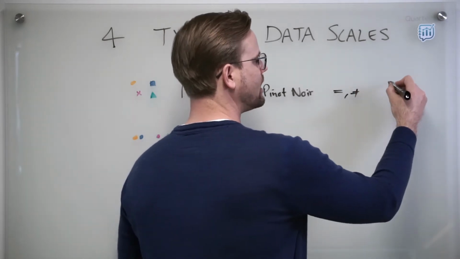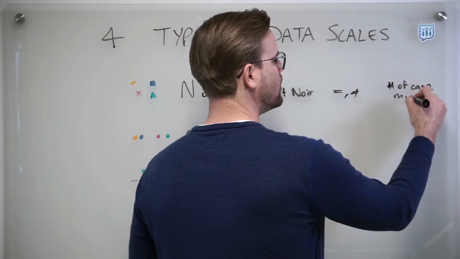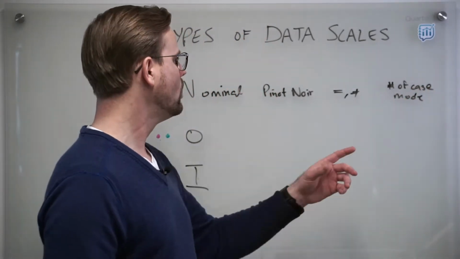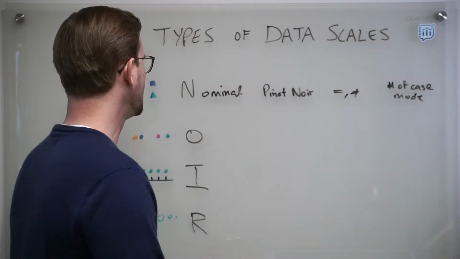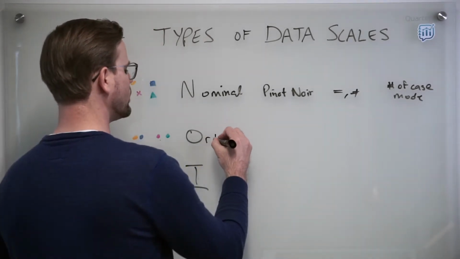And because of that, I can count the number of cases of a thing, and I can also find the mode. So if I have a crate of 100 bottles of wine, how many are there of each type, and which type is most frequent or common? That would be the mode. But there's no notion of greater than or less than, which is what we get when we look at ordinal